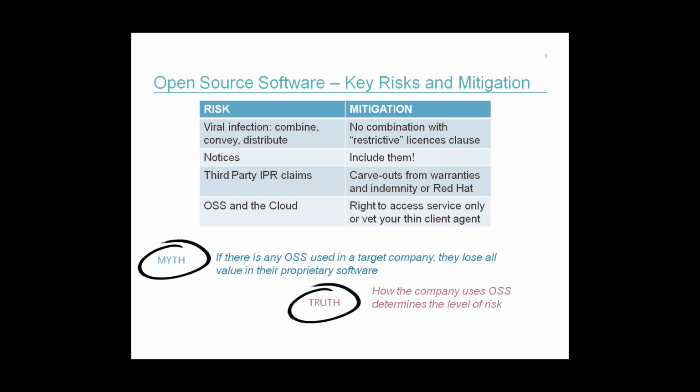IPR claims, and whether under an indemnity or a warranty, are quite important. From a customer's perspective, what you have to realise is that open source generally doesn't come with any warranties or indemnities. So you have to just take the software as is and take the comfort that there actually haven't been that many actions under any open source license, and maybe you get comfortable with it that way. Or maybe you feel there are bigger organisations out there using this open source as well, so if someone's going to be sued, it's probably not going to be me.